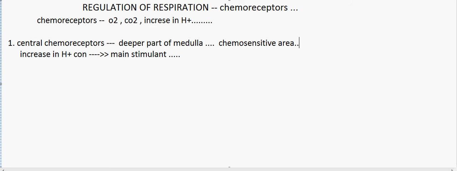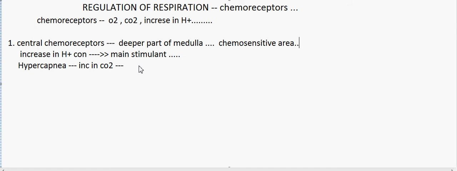So first, when we experience hypercapnia, that is during hypercapnia, so hypercapnia is the condition where there is excess of carbon dioxide levels, that is an increase in carbon dioxide levels, CO2. So when there is increase in the carbon dioxide level, the chemoreceptors should tell this information to the brain. So how does this information transpire to the brain?